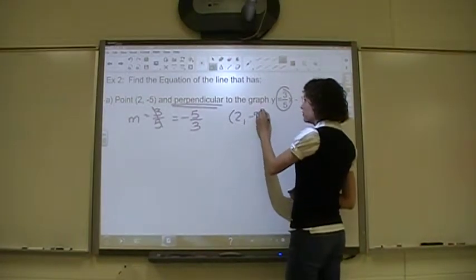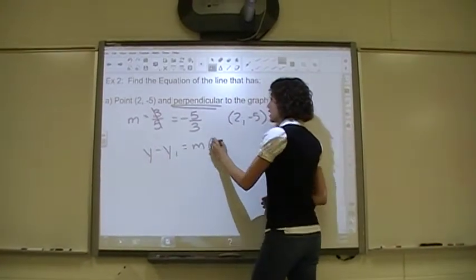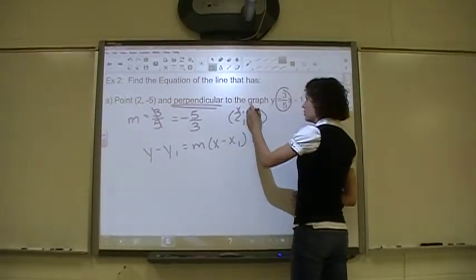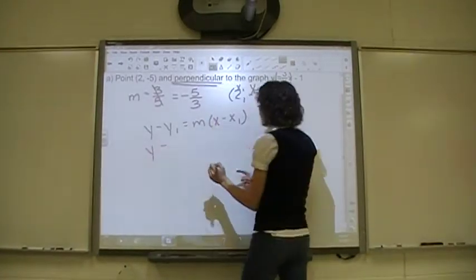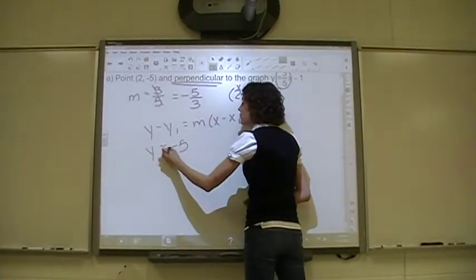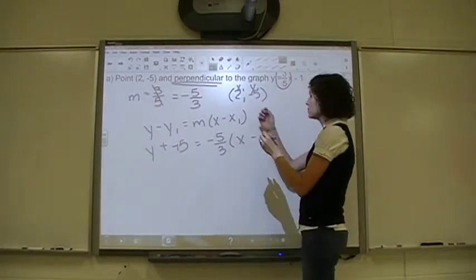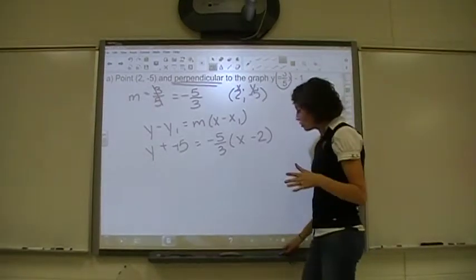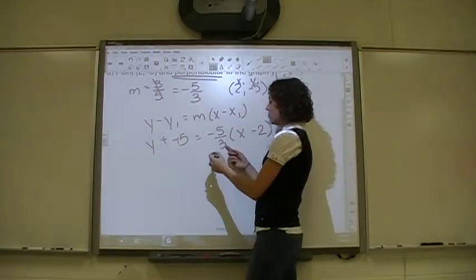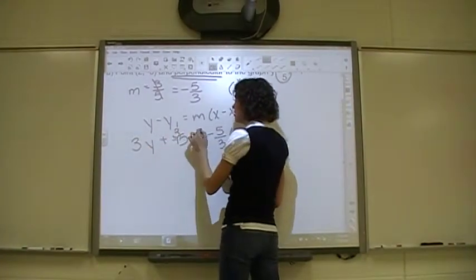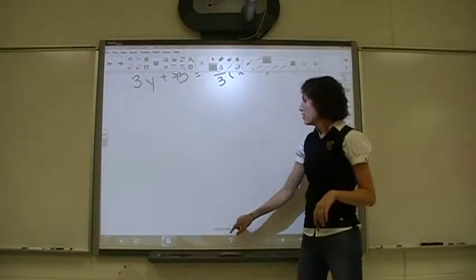My point is (2, negative 5), and we use point-slope form: y minus y1 equals m times x minus x1. Here's my (x1, y1). Let's plug these in. y minus a negative 5, so it becomes plus, equals your slope of negative 5/3 times x minus 2. Let's clear fractions so we don't need to worry about this ugly fraction right here. So clear fractions by multiplying by your least common denominator on the outside of the parentheses. And your least common denominator is 3. So I'm going to get